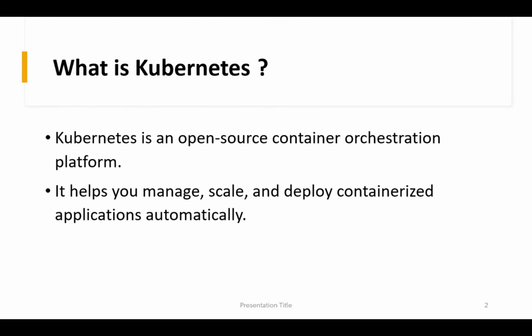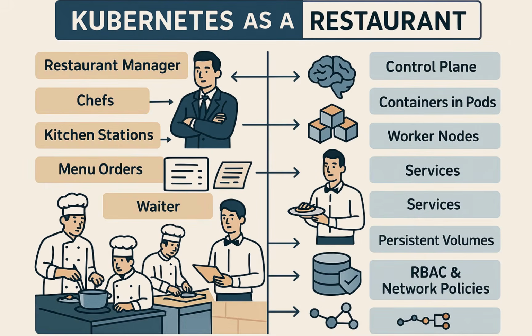So let's first understand what is Kubernetes. Let me explain with the help of a simple example. Imagine you are running a big restaurant kitchen. You have many chefs and many orders coming in. You need a smart manager who assigns tasks to chefs, makes sure everyone is doing their job, replaces a chef if they are tired or sick, and keeps the kitchen running smoothly. That smart manager is what Kubernetes does, but for your application.